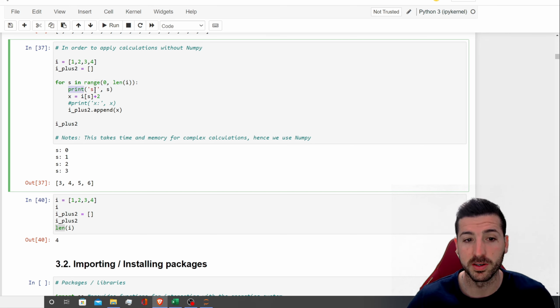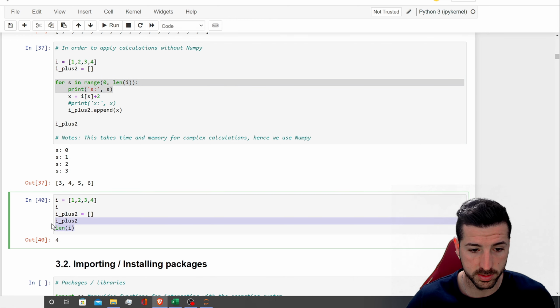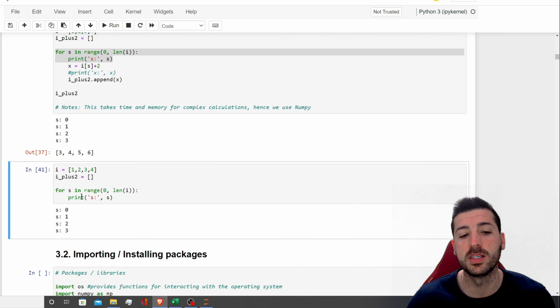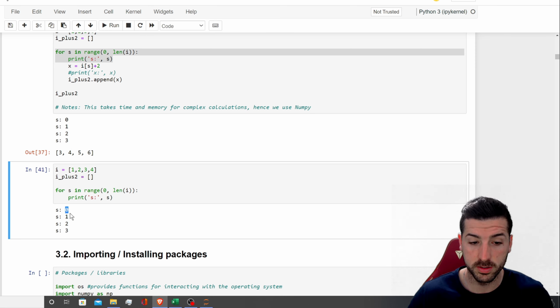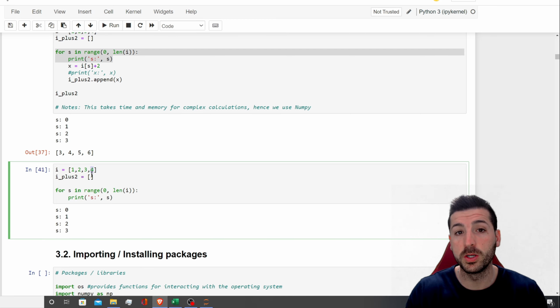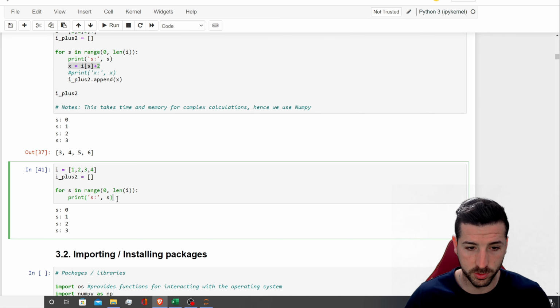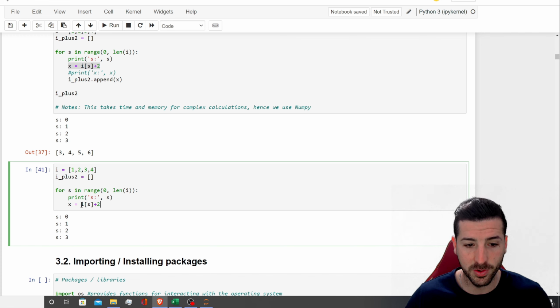So if I print the S, which is how this loop is going to start, if I copy this and clean this, so we do it step by step. If I do this, you can see it loops through 0, 1, 2, 3. So this is the range of 0 to the length of I. 0, 1, 2, 3, which is 4 times. Now we need to apply a calculation because all we've done is just loop through 4 times and did nothing, no action. So the next action I want to do is that I want to take the I of S,